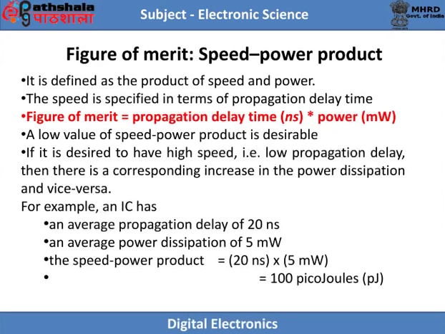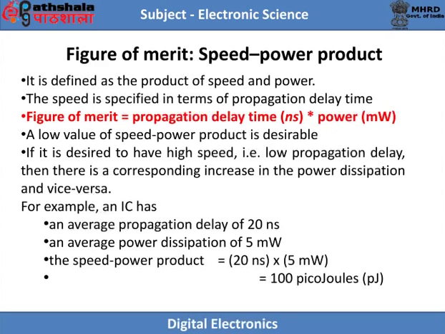On the other hand, when the transistor is operated in the active region, power dissipation goes up while the switching time decreases drastically. It is always desirable to have a logic family with low values for both propagation delay and power dissipation